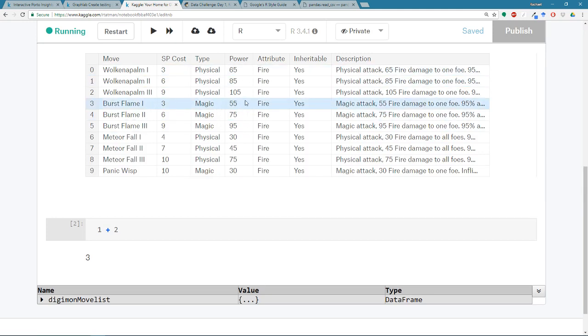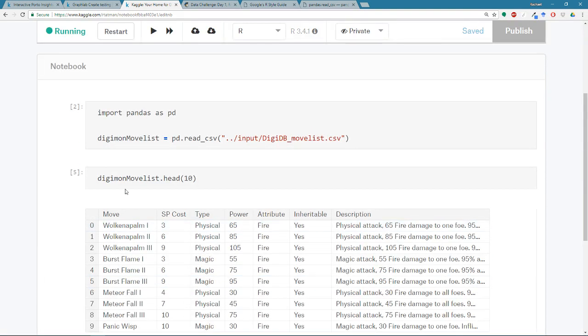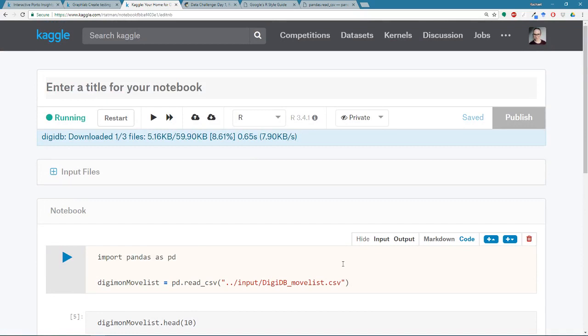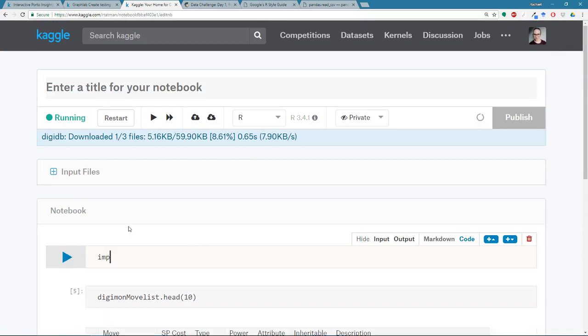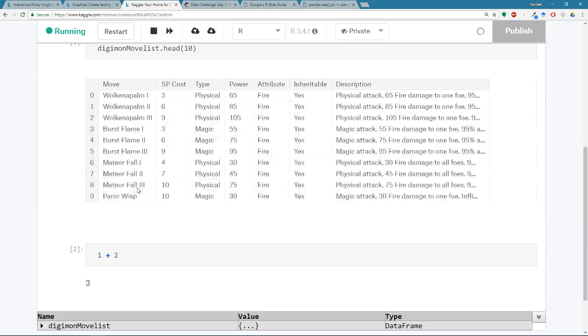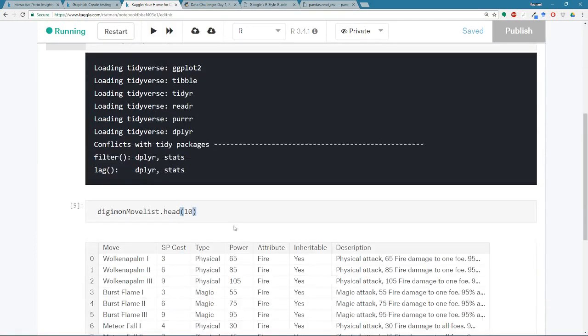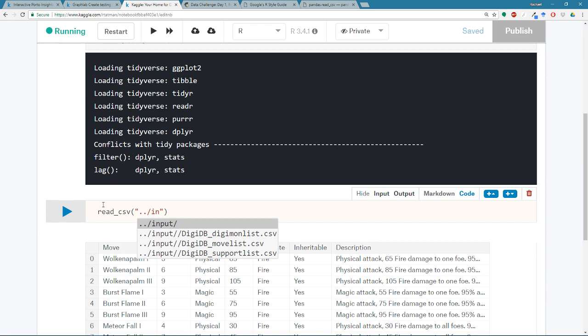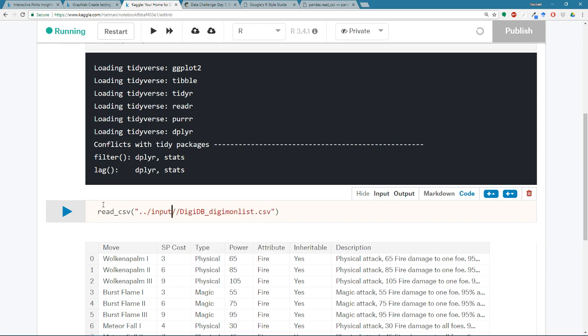All right, so we got about 1 more minute. So let's just quickly redo this whole thing that I just did. Nope, library. In R, just super quick, so you can get one more chance to see sort of the workflow. So I'm importing the tidyverse, and then actually let me show you another way to do this. Another way to do this is read CSV input, and let's do the Digimon list instead, and then I can pass that